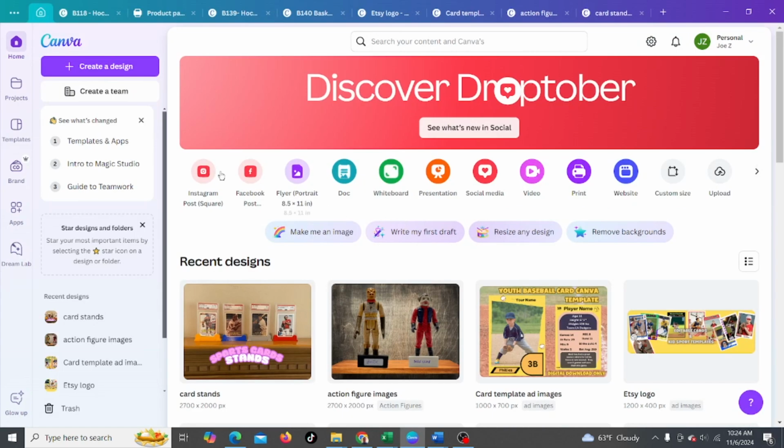So I'm going to go over to Canva. I've got the paid version, but I'm not going to use any of the paid features for this, so you can do this in the free version. This is the desktop app, but you can also do this just on the web. So we're in Canva. We're going to do create a design,